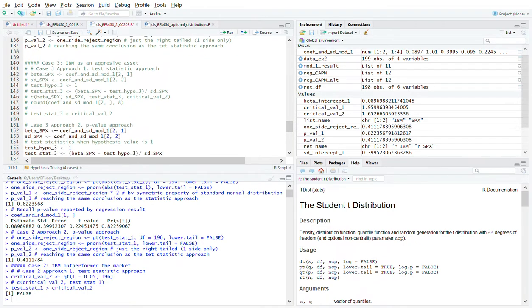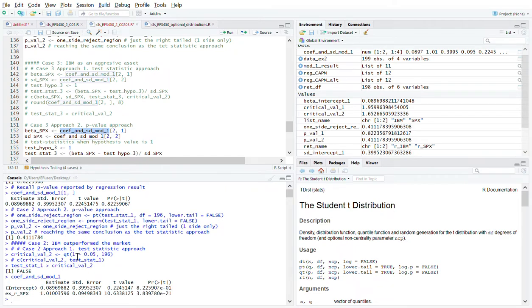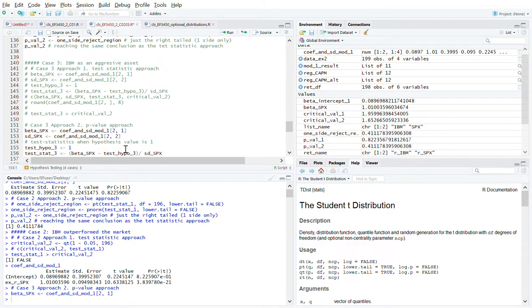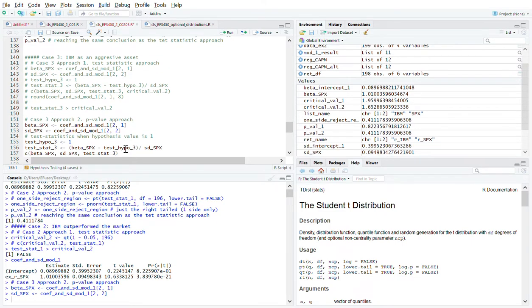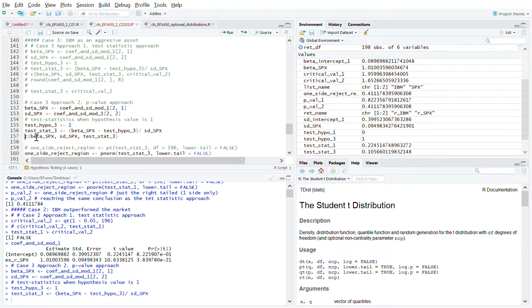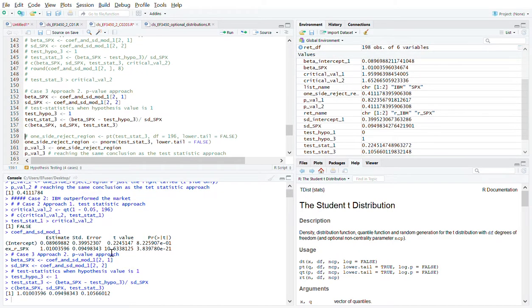Again, we can recall the regression result. Beta 2 is on the second row, so we put the second row, and the coefficient estimate is the first column and the standard error is the second column. We set the hypothesized value equal to 1, and then we compute it. Just to print the coefficient estimate, the standard error, and also the test statistic,